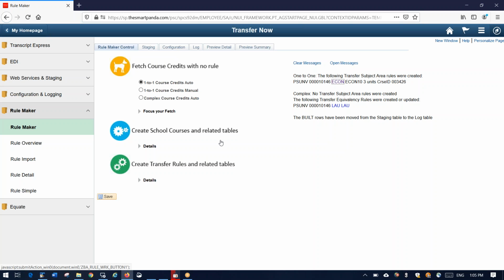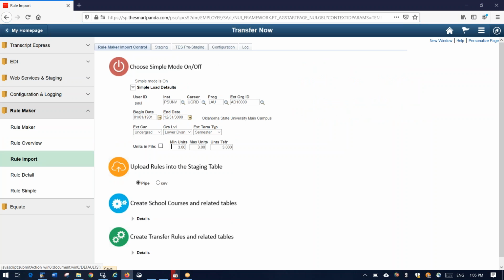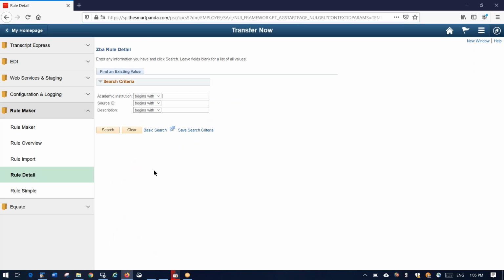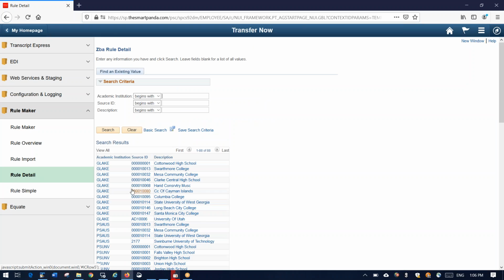I think that's it for RuleMaker that we added. Let me go to, and I don't think we made any changes. We haven't made any changes recently to the import mechanism. We did add a couple other things. So rule details, another area we've been pretty busy. Rule